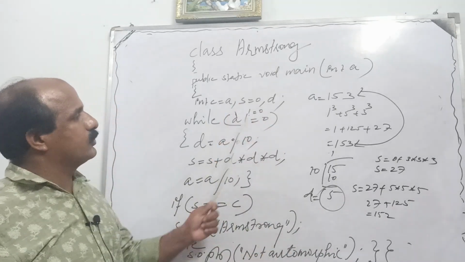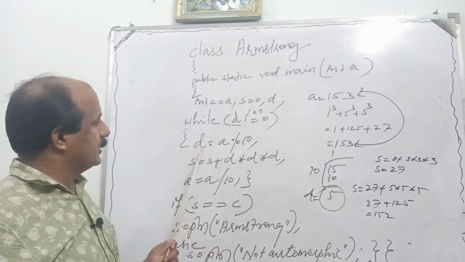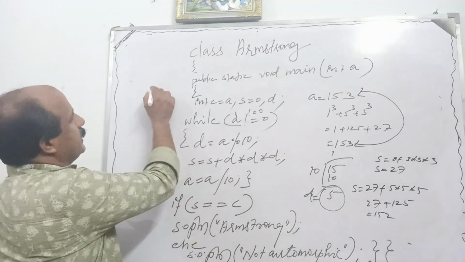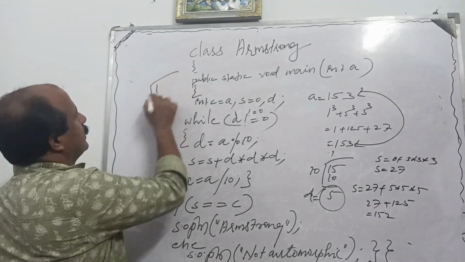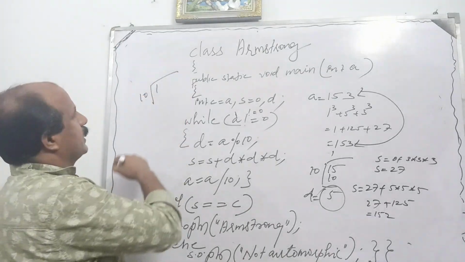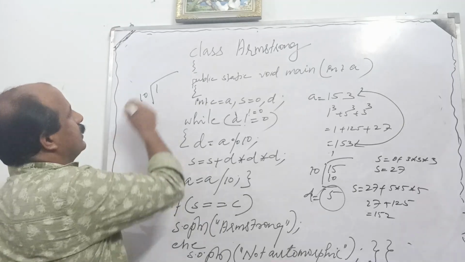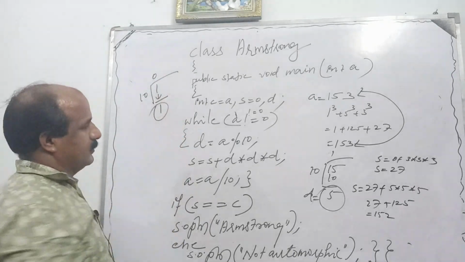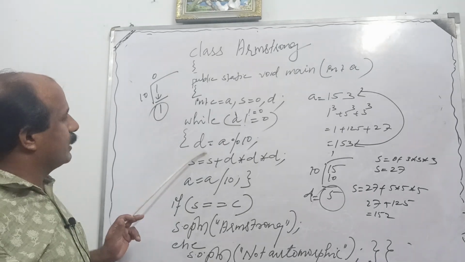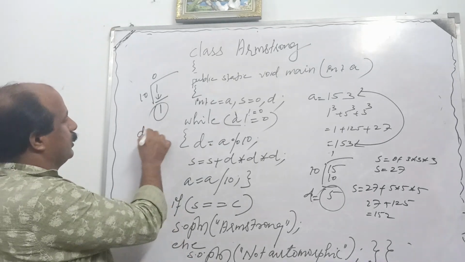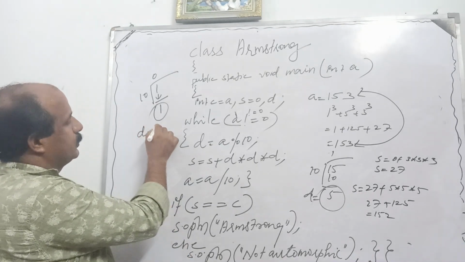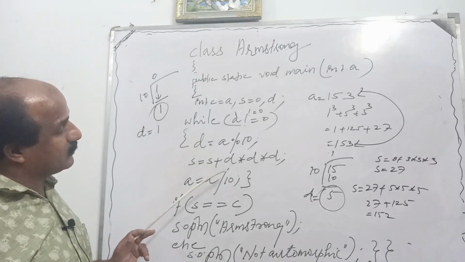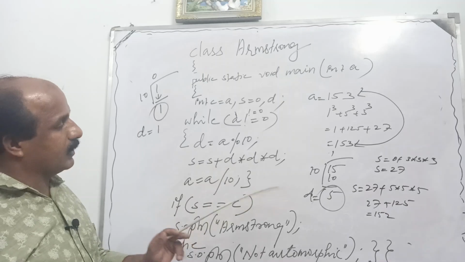Okay, what is the value of A? 1. 1 not equal to 0? Yes. Again, D is equal to A modulus 10. A means, I told you, it is 1. So 1 dividing it with 10. How many times does 10 come here? 0 times. And this entire 1 will be the remainder. So in D what will be kept? D is equal to 1. So now what is the next step? S is equal to S plus. In S what is there? 152.